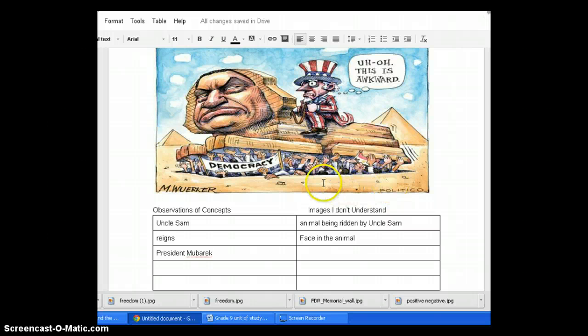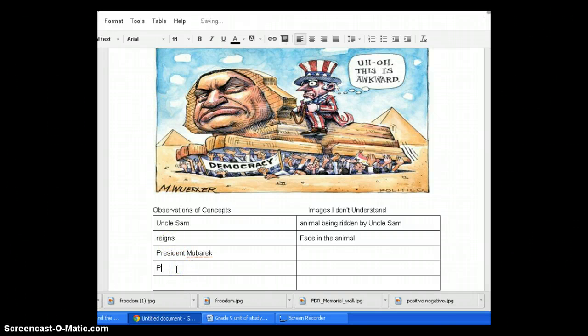For instance, you can see this is in the desert, and I'm assuming it's Egypt, and Egypt is well known for its pyramids. And you see pyramids in the background, so that's our first clue. But also there is a pyramid that is not the triangular, regular shape you associate with the pyramids, but a pyramid that very much looks like the symbol of President Mubarak. It has normally a lion face, not the face of the president of Egypt. So that I also understand, the observations or concepts, is that we are looking at Egyptian